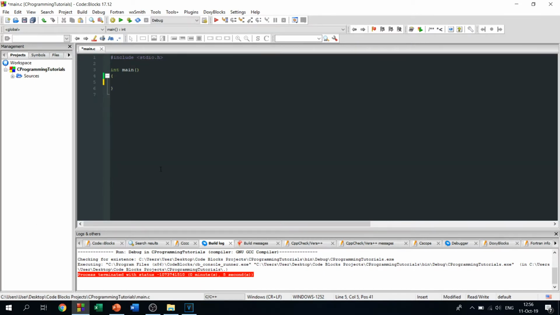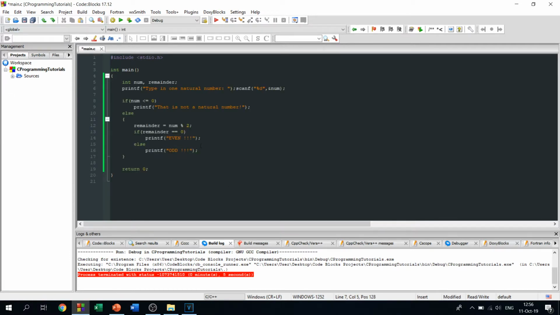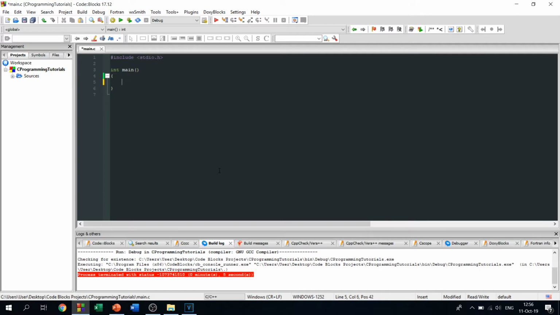Of course, sometimes you will have one condition inside of else, like we've had right here. For example, we have else, and then inside of this we have if. But in this case, we had a bunch of more statements. So sometimes the if statement will look like this. So if condition 1, if this one is true, then do statement 1. Else, if condition 2, then do statement 2,